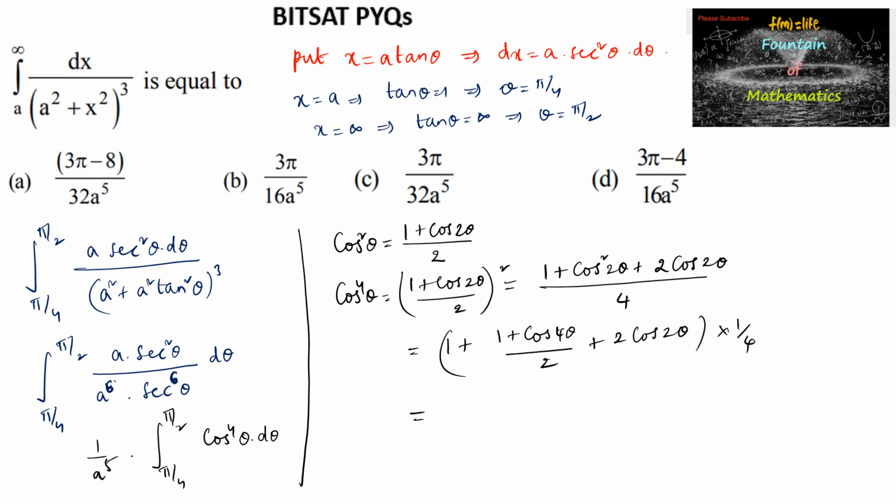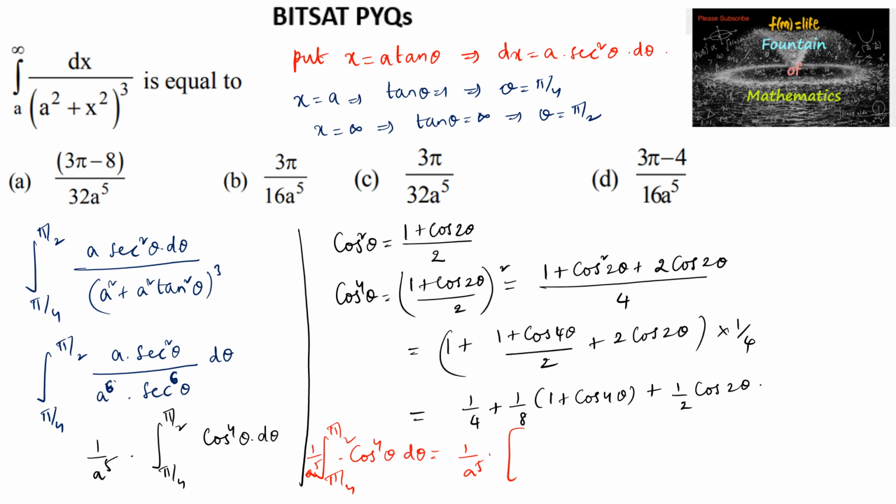So here we can write 1 upon 4 plus 1 upon 8 times (1 plus cos 4 theta) plus 1 upon 2 times cos 2 theta. So this is cos power 4 theta. So for the integral, we can write the integral from pi by 4 to pi by 2 of 1 upon a power 5 into cos power 4 theta d theta